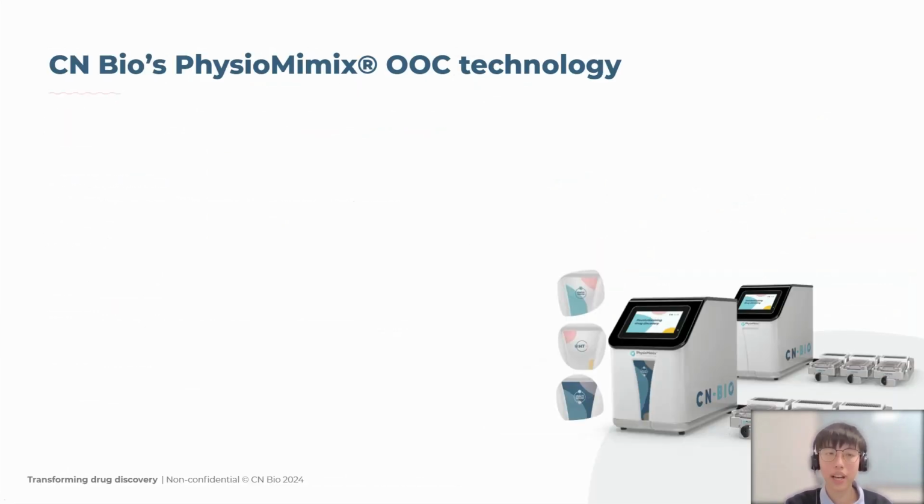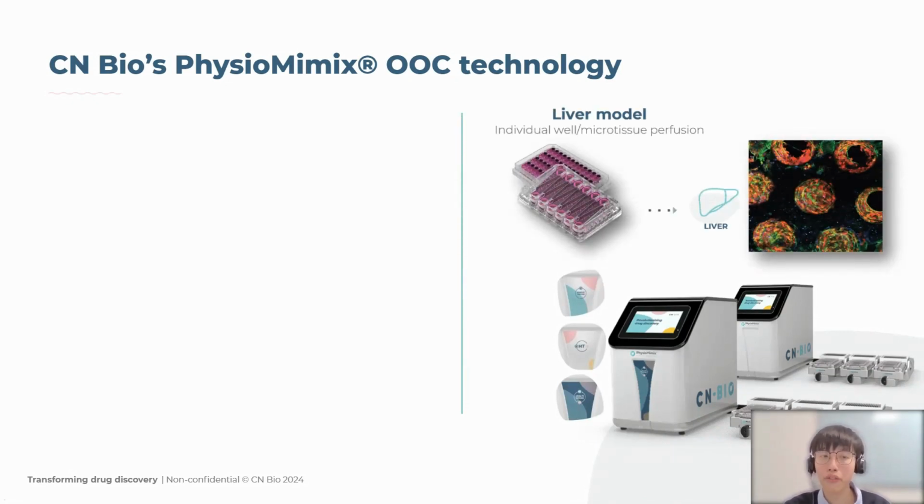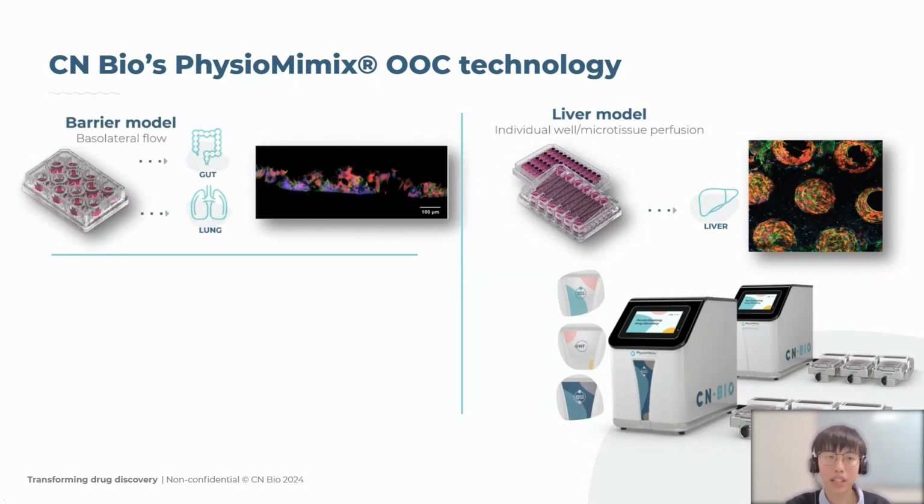So, how exactly do MPS work? MPS technology is usually a combination of hardware, consumables, and assay protocols that enable a user to recreate the complex biological structure of human organs. One example is the liver model. A liver model features a perfusion of media within each well, which in turn allows formation of 3D microtissues. Another example is the barrier model, which features a basolateral flow within the plate. Applications include a lung or gut model, and a barrier model could be used to study the transport of